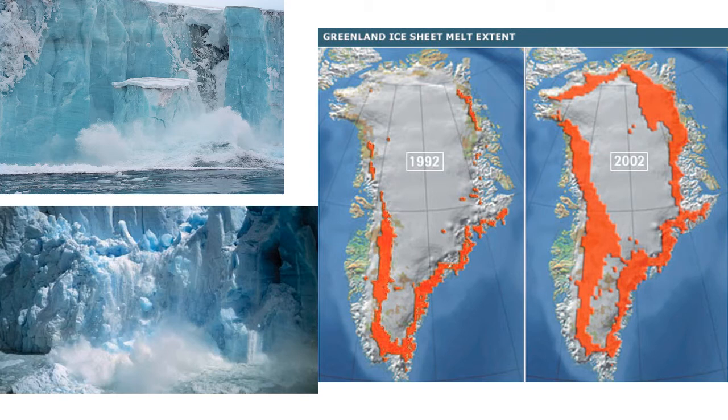So on the right, you can see in the white the extent that the Arctic ice sheet covered in 1992, and you can compare this to 2002. All right, so this is very, very rapid shrinking of that ice sheet over time. This is happening faster than it has ever happened before. All right, so we have record levels of ice that is melting and falling off into the ocean. And what this causes is it causes the sea levels to rise.